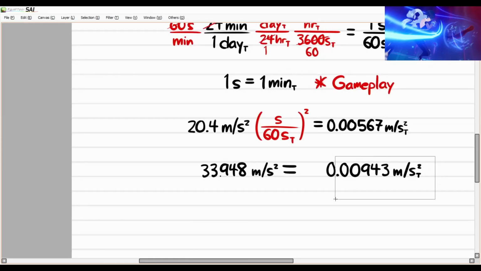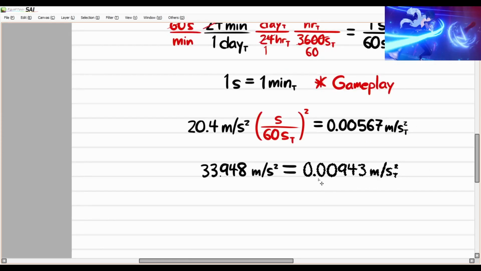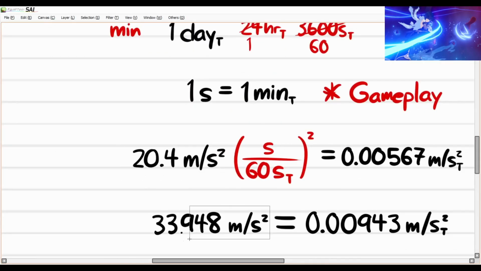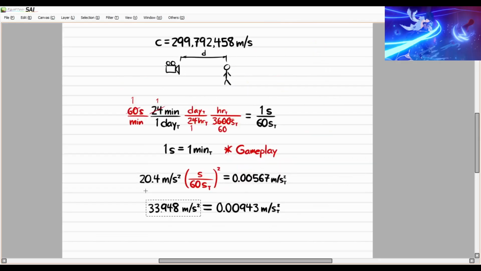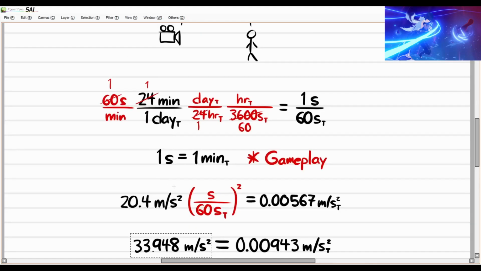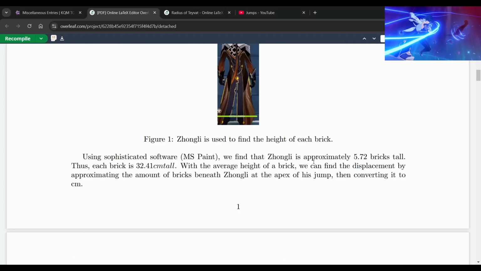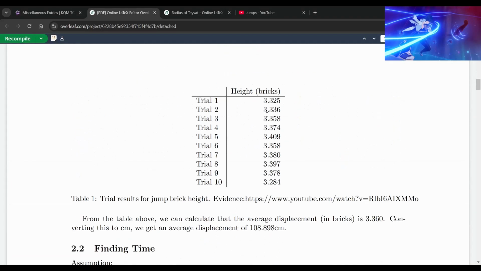If that's the case, this is the gravitational acceleration for falling. But assuming that this is correct, then this means that there are different physics for when the player is going up or jumping upward. I did plan on considering the physics of jumping in Genshin Impact. I do plan on making a video on that. It's just something that's going on the side. Whatever the case is,